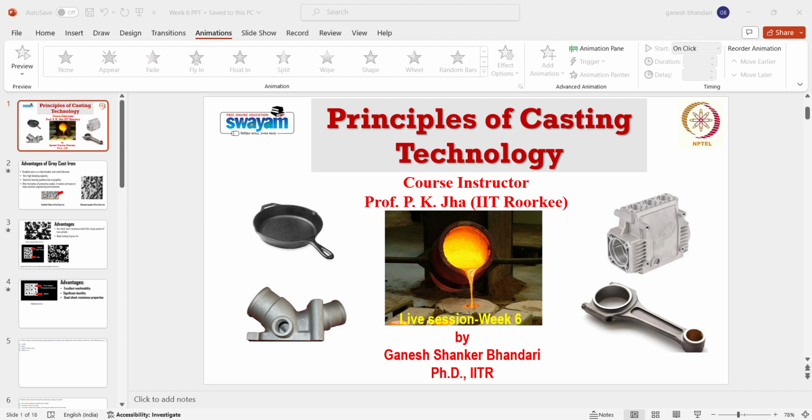So what is it going to add in your casting? It is going to add a property which is known as toughness, or we can say brittleness, in your system. So this type of property in your iron or mild steel system can also be provided with the help of silicon and phosphorus, because these are also going to provide you some brittleness in the system. Or we can say phosphorus can provide you fluidity in the system, and carbon can also provide you the fluidity